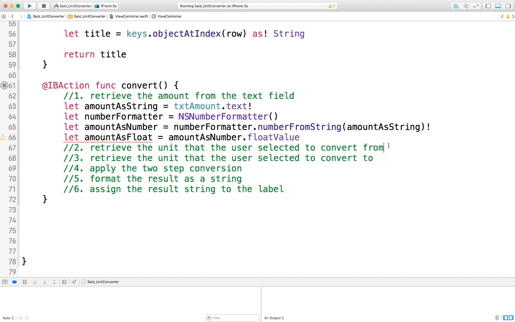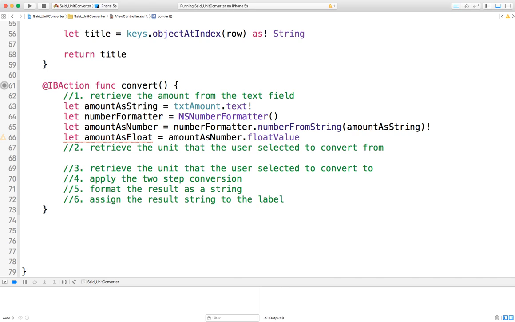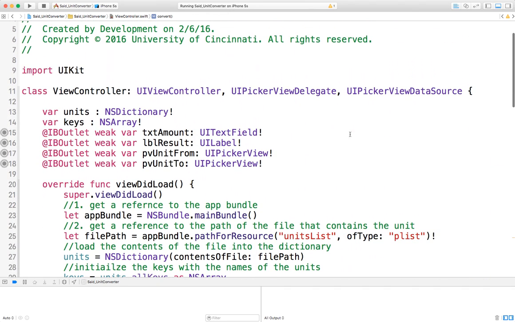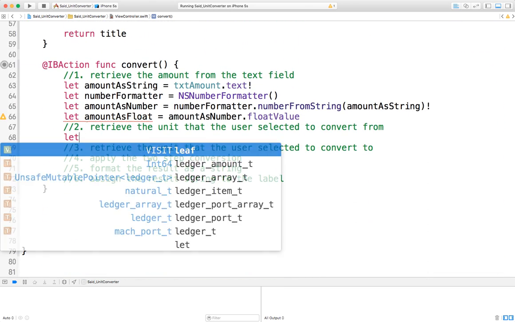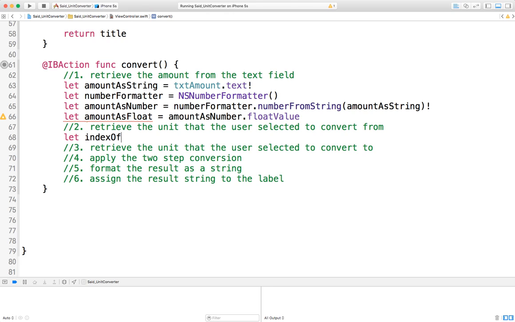I need to retrieve the unit that the user converted from. Now the user will select the unit in the picker view, but the picker view only knows the row that the user selected. So the picker view can give you the index of the selected row. Well, I can take that index, use the keys array, and retrieve the actual name of the unit that the user selected. So first, I want to get the index of selected